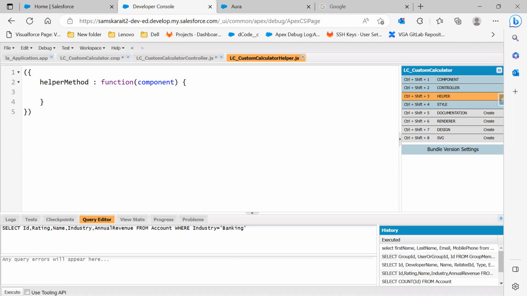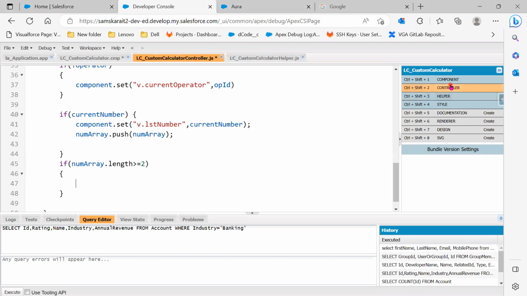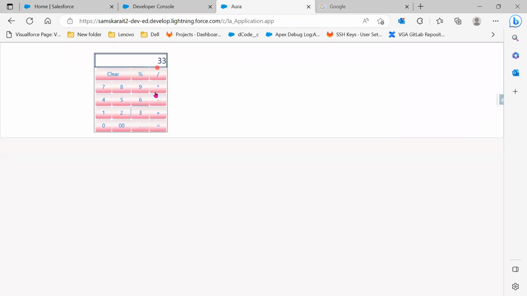Just a second. Okay, so from the controller, whenever my numbers are more than 2,